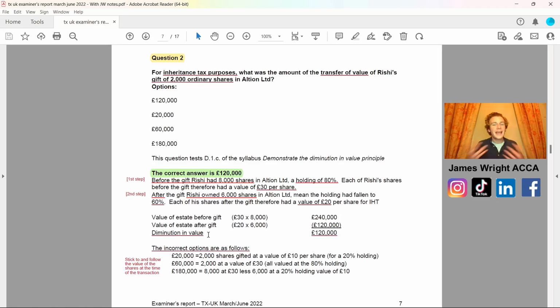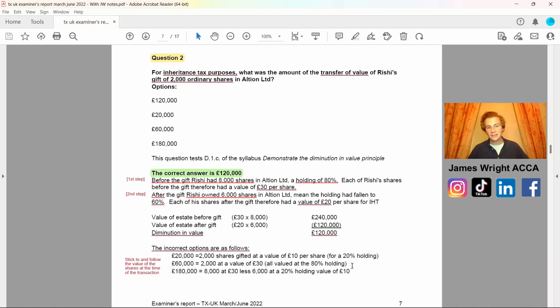And when he has that value and holding, those shares are worth £30 each on there. So hence at that point in time, we had 8,000 shares at £30 each, giving us a total of £240,000. Then after it, Rishi only owned 6,000 shares, meaning it had fallen to 60% holding of the 10,000 and therefore only had a value of £20. So hence we have the diminution in value on there of 120,000,